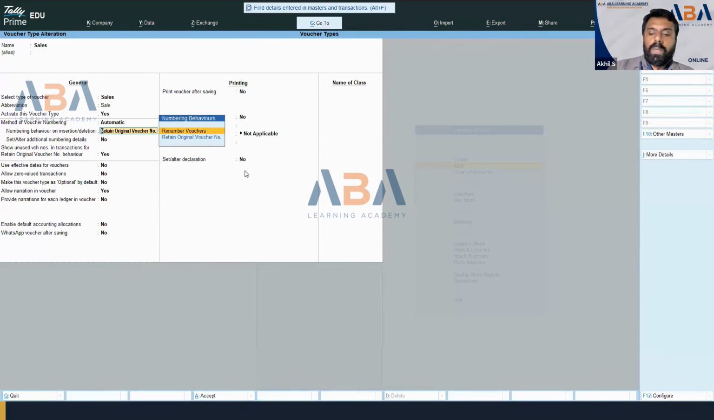So if you select this option, retain original voucher number, what will happen is if you delete 8, that 8 will be gone from your system. Okay, the 9 will be 9 only, 10 will be 10. Okay, so like that, it will not reshuffle, the number will not go back. Once you post a transaction, the number will be there only, even if you delete or insert. Okay,